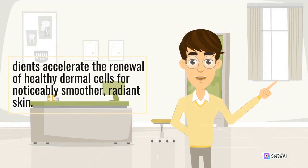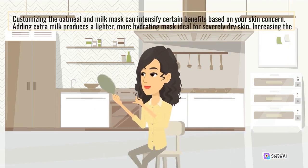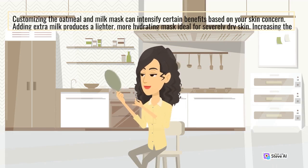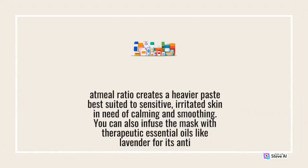accelerate the renewal of healthy dermal cells for noticeably smoother, radiant skin. Customizing the oatmeal and milk mask can intensify certain benefits based on your skin concern. Adding extra milk produces a lighter, more hydrating mask ideal for severely dry skin. Increasing the oatmeal ratio creates a heavier paste best suited to sensitive, irritated skin in need of calming and smoothing. You can also infuse the mask with therapeutic essential oils like lavender for its